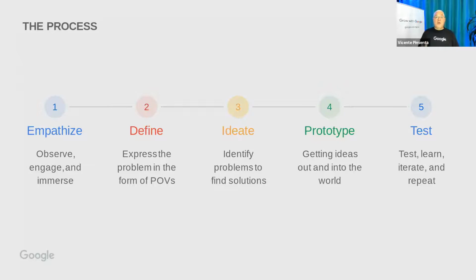And this is where you want to type down all these 5 steps on your document. Observe, engage, and immerse is the first part. This is critical to understand the consumer and come up with the right solution. The second one is express the problem in the form of POVs, point of views. So we're going to express the problem in the form of a point of view, and it's the point of view of the client, not the business owner, because that's